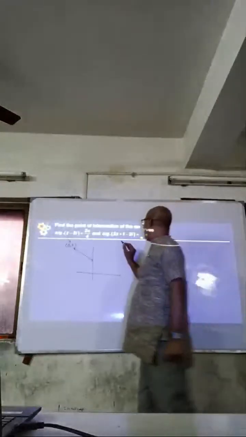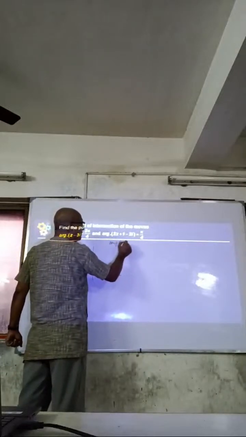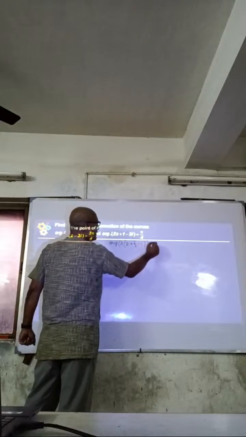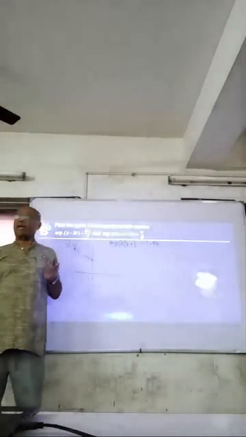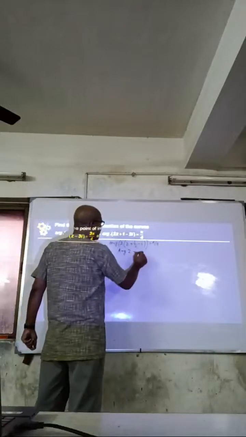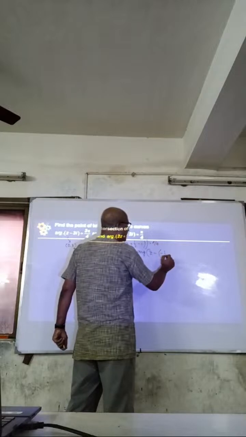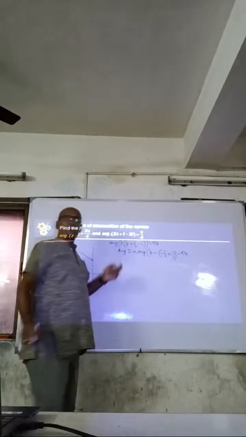So let me just do one thing. What I will do, I will simply take 2 common. So it is z plus half minus iota is pi by 4. Now you please check one thing. I have taught you that argument always behaves like a logarithm, it works that way. So in this case we can write arg of 2 plus arg of z minus half plus iota. Isn't it so? Now the question is